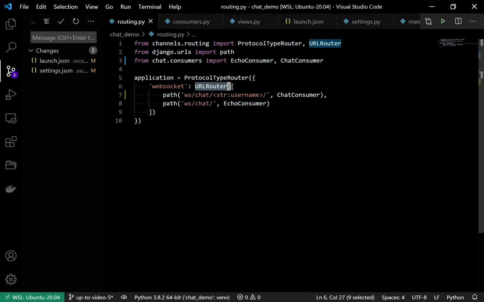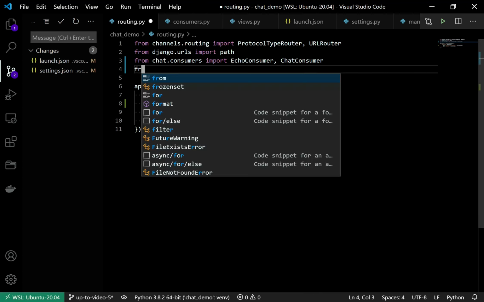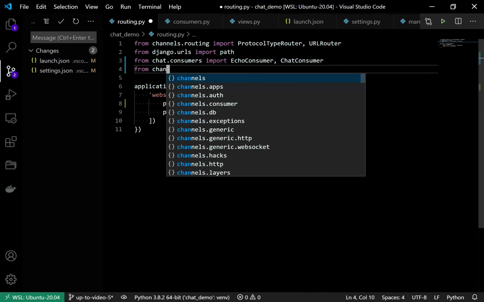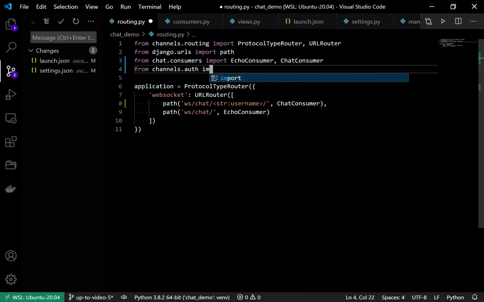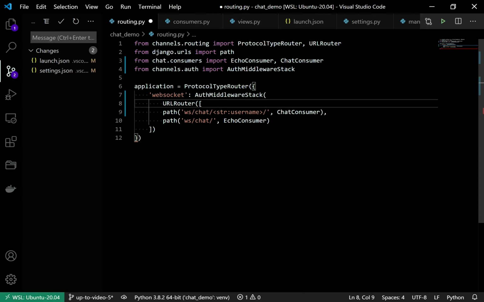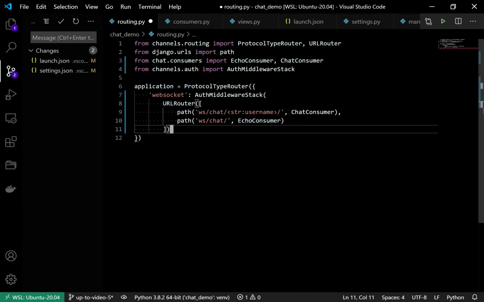So I am adding channels dot auth middleware stack. This is the function you have to add here, and URL router must be an argument for it, like this.